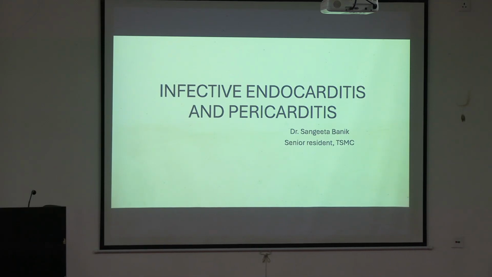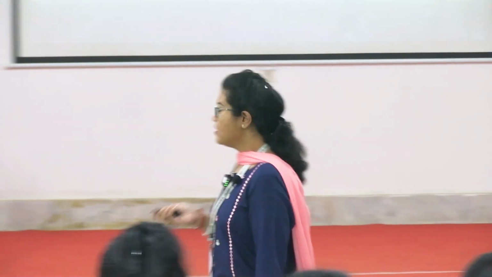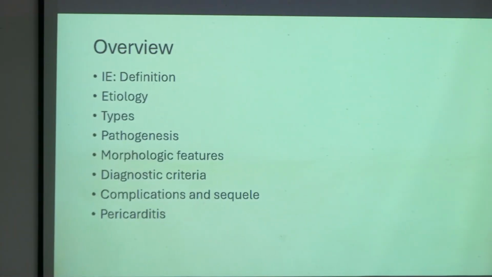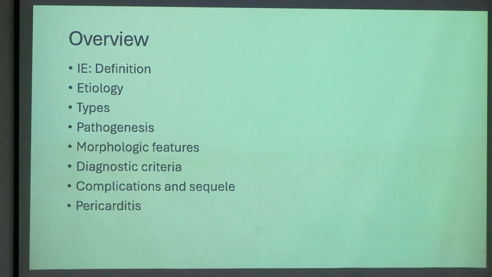So today's topic is about infective endocarditis, and a small portion of pericarditis we will cover. Okay. So anyone, what is endocarditis? Inflammation of endocardial muscle or tissues. Okay, what by the term you know. Okay, so we'll go through the definition, we'll go through the etiology, we'll go through the types, pathogenesis, morphologic features,